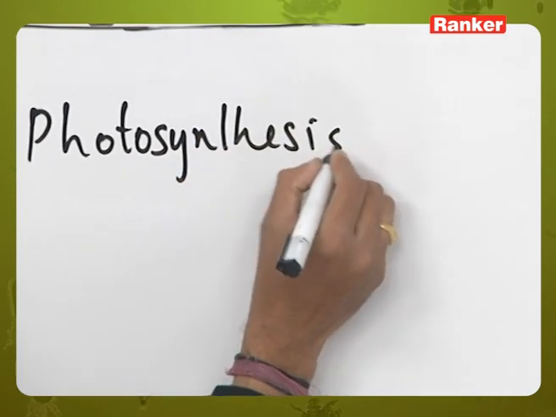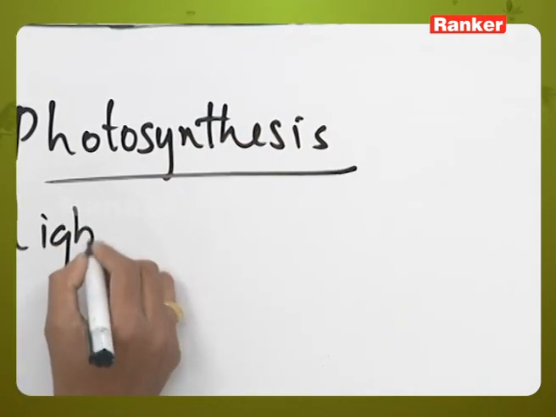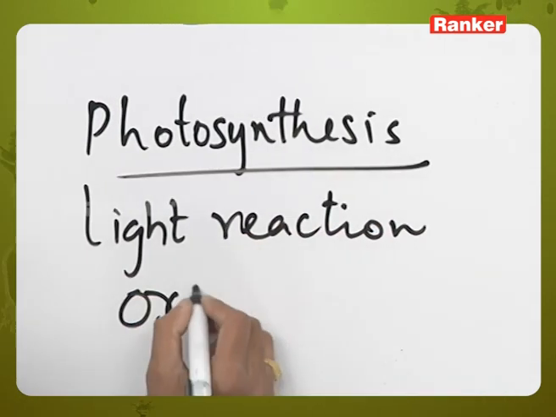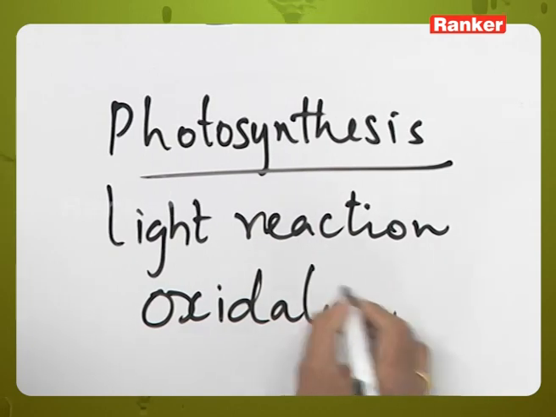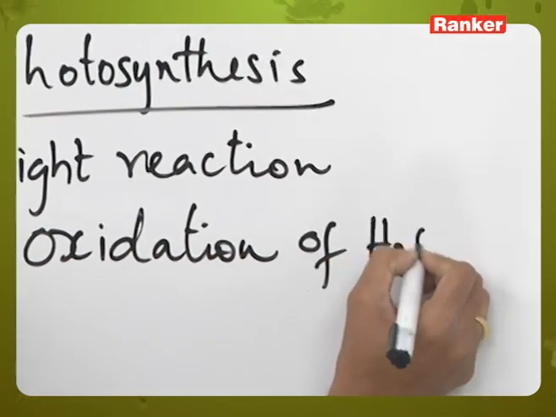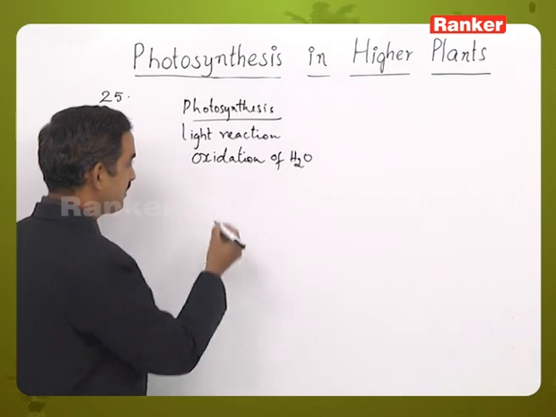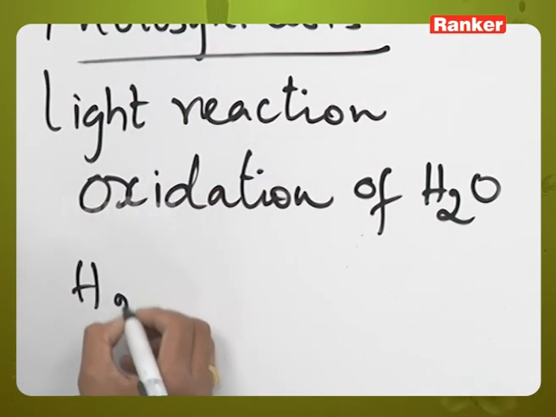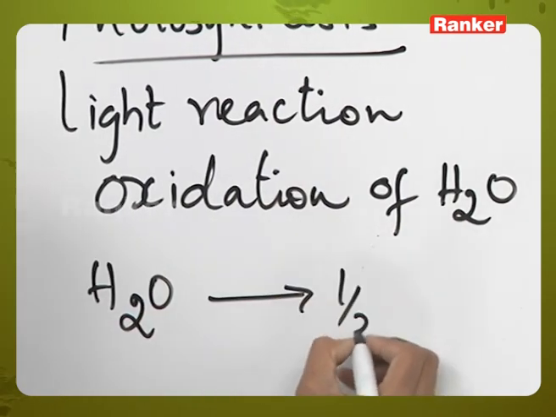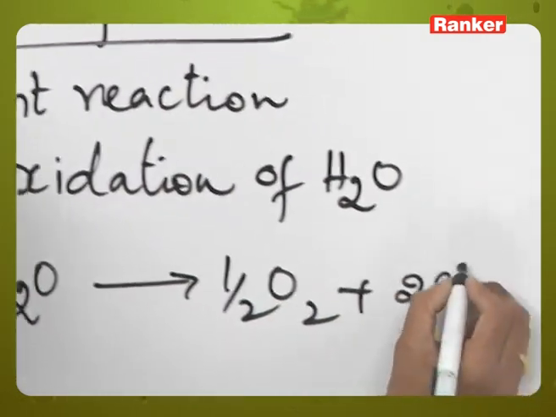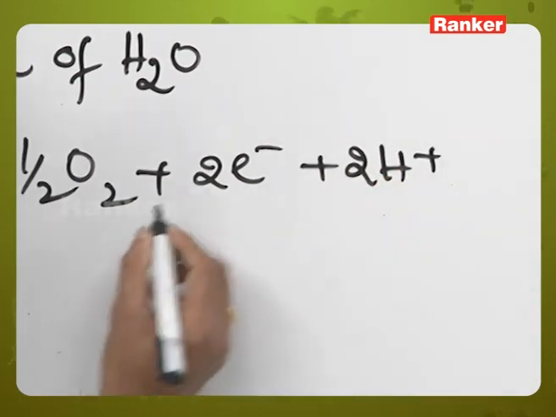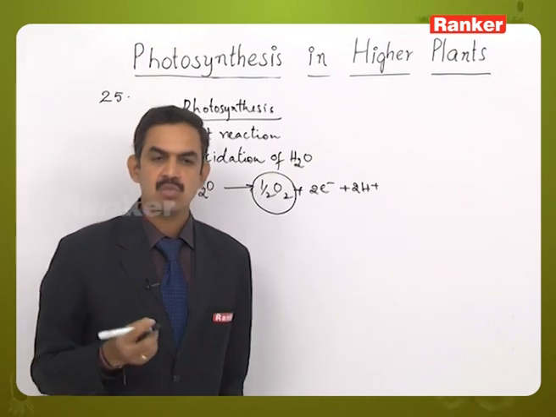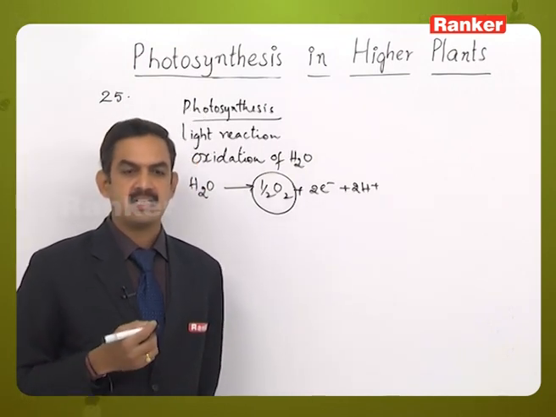as I said, during the light reaction, the oxidation of water will take place. Oxidation of water means the water will lose its electrons and protons here. So water will split to form half oxygen, 2 electrons and 2 protons. So whatever oxygen is lost from here is the source of the oxygen that keeps us